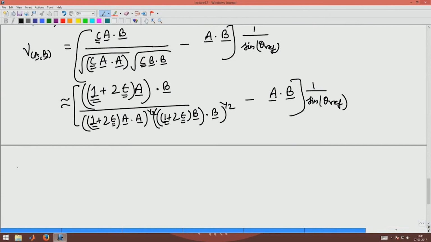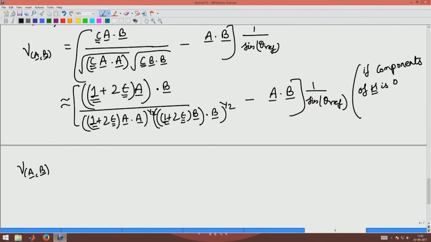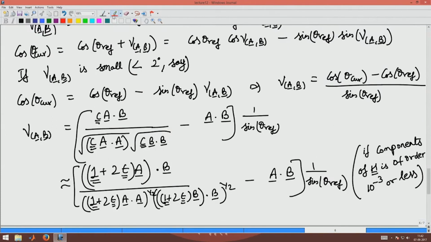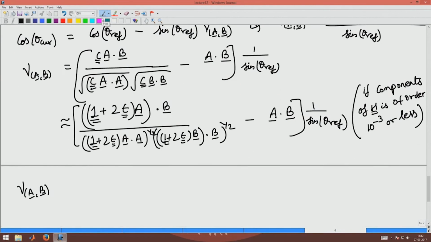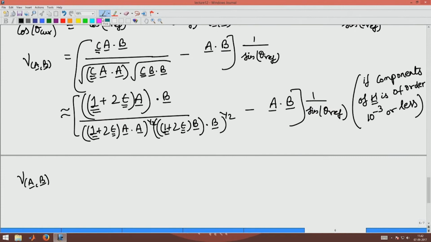So, you have gamma A B given as, this is under the assumption that the components of H are of order 10 power minus 3 or less. We already made the assumption here that the change in angle is small, which means the components of H have to be small. So, it is with this assumption only that we are working throughout this lecture. So, basically this will be